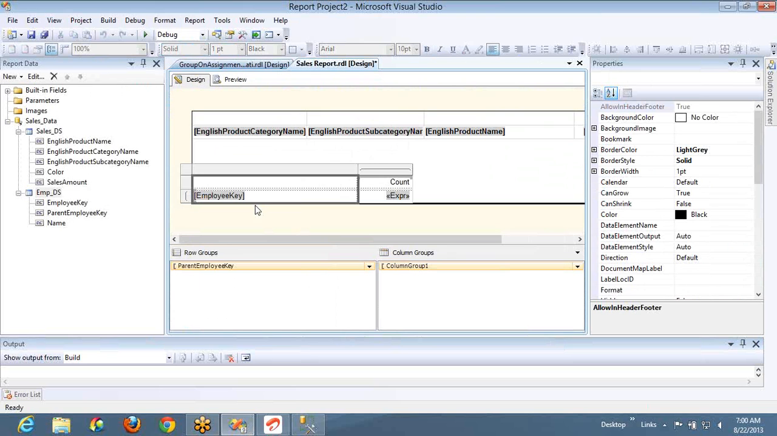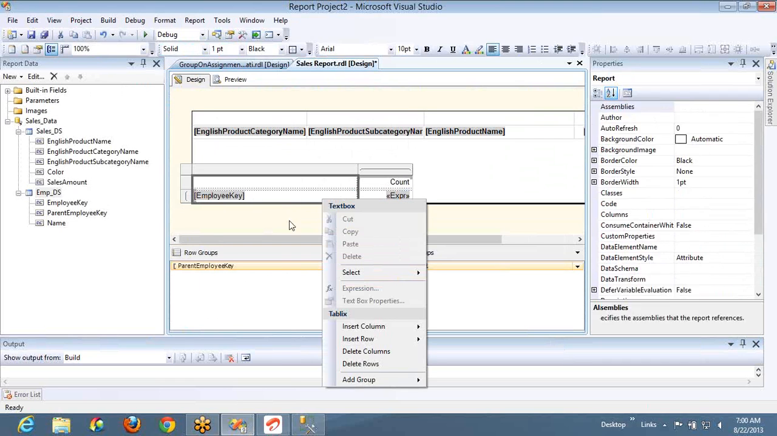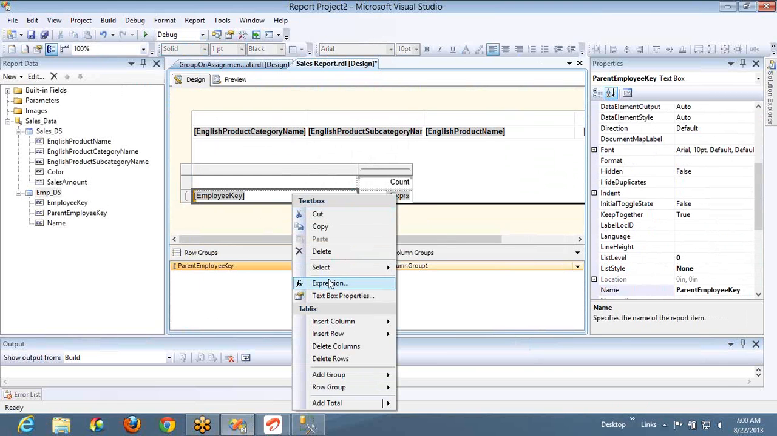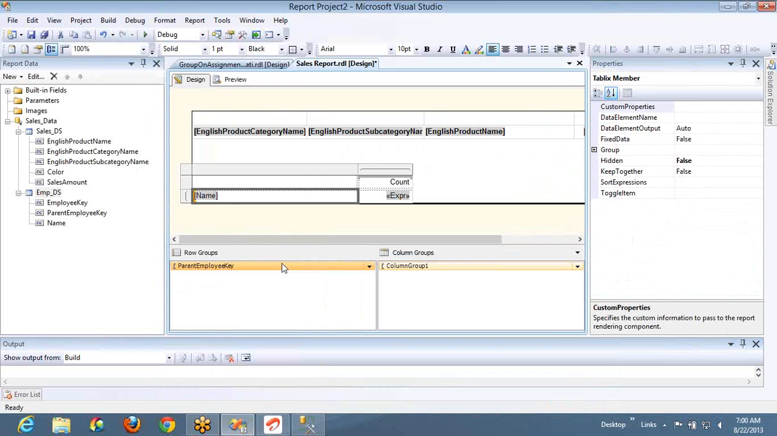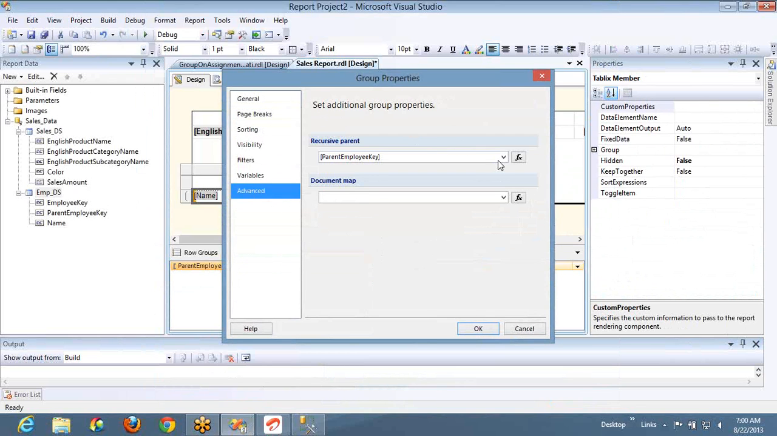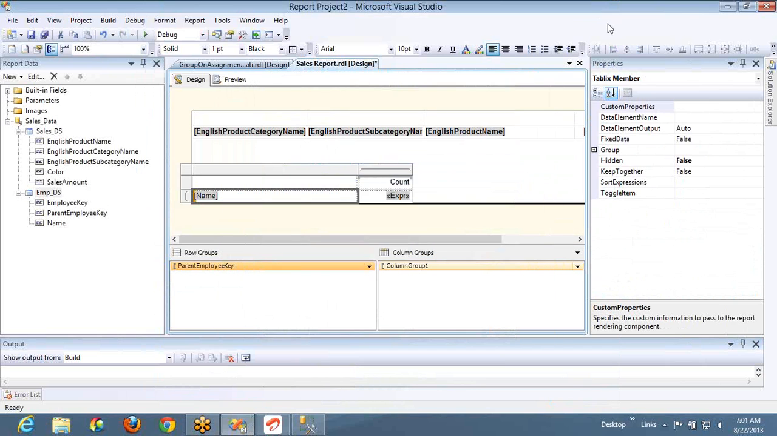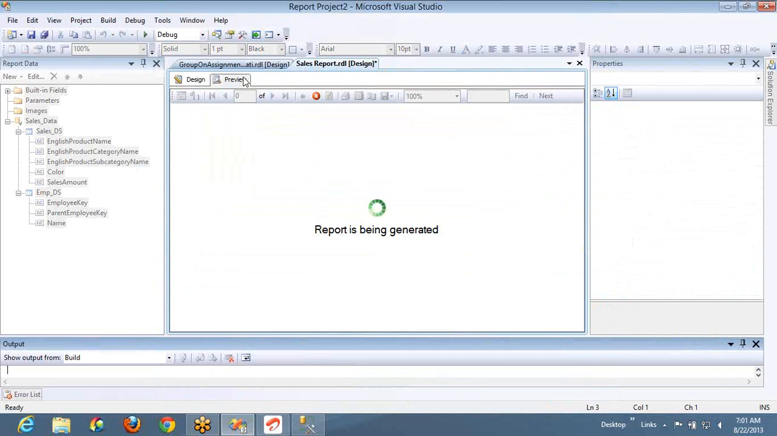Instead of employee keys, after dragging this employee key into the row group and count into this, what I have done is I changed this one to employee name so that it will be easily understandable to the user. This is the first thing I have done. And recursive parent is nothing to set. You just go to the advanced and set what is its parent key. You just have to set it. That's it. Once you have set this, you will get the data accordingly,